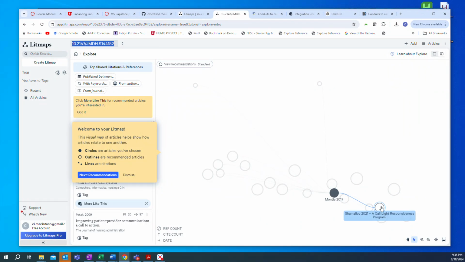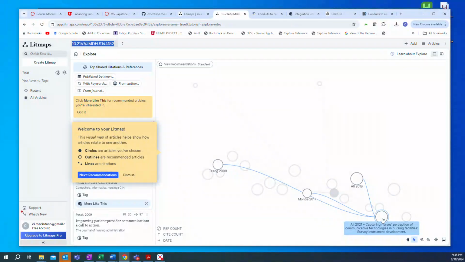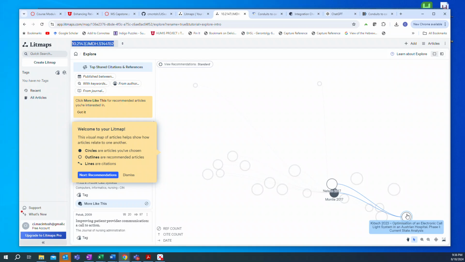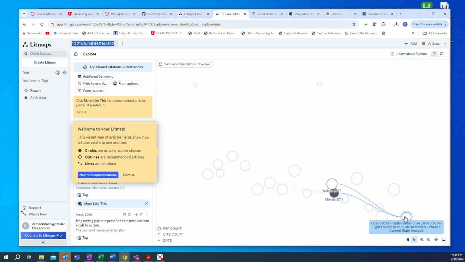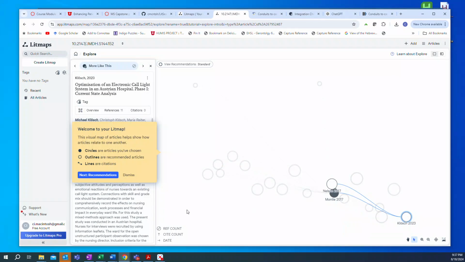Call out responsiveness program, capturing nurse perception of communication technology in nursing facilities, safety instrument development, and optimization of electric call out system in an Australian hospital. So there's a couple there. I think that one might be good. It's more recent, and it's optimizing a call out system and a call out system responsiveness program. And if we click on that, you can see over here